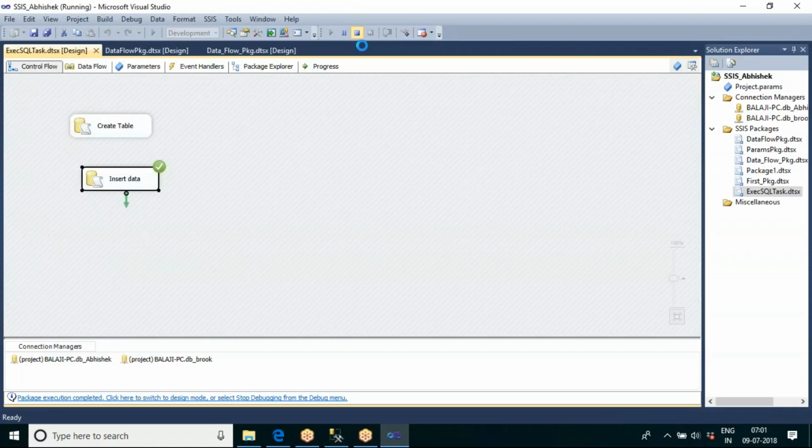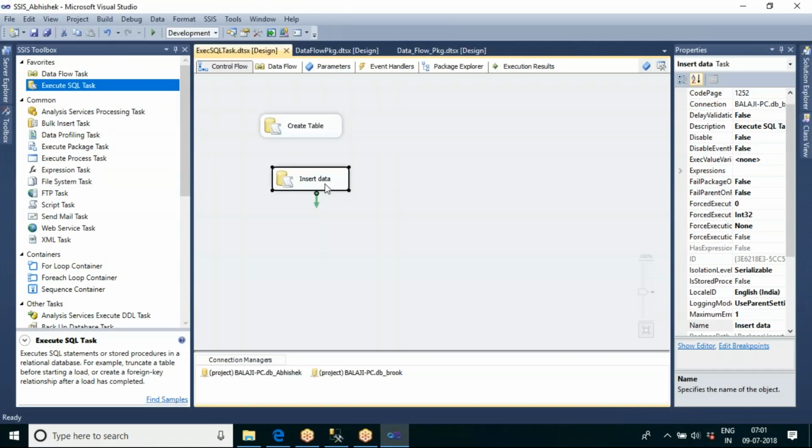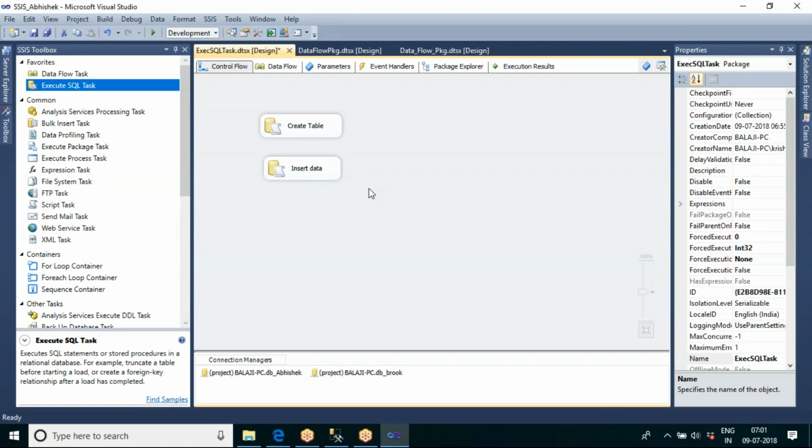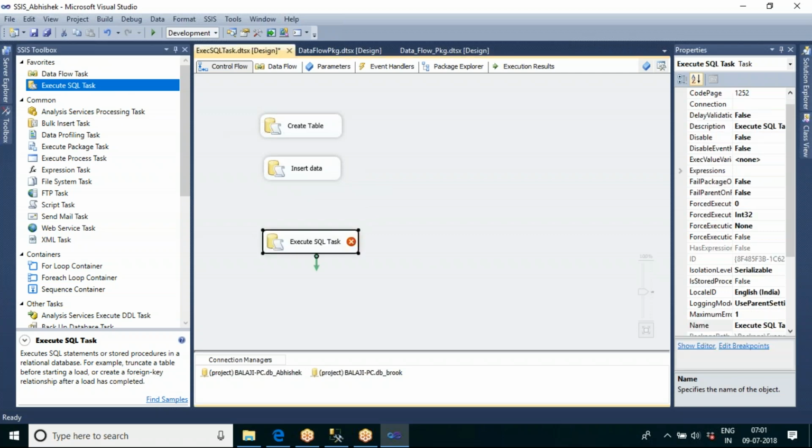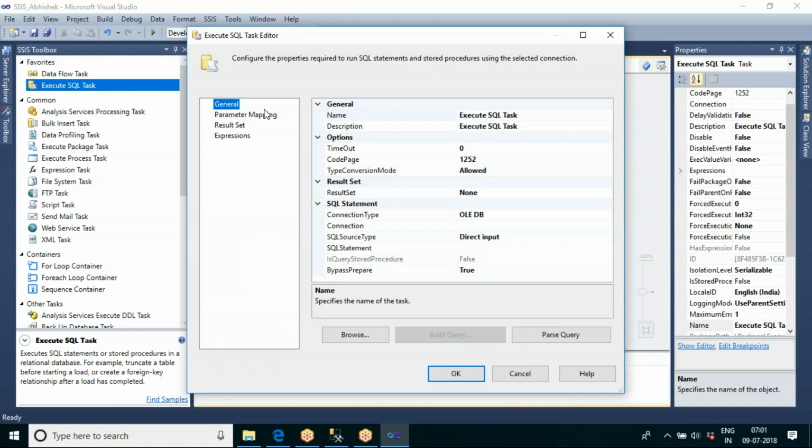Now I want to read the data. I want to write a select query here. Is that possible? Yes, that is also possible. So we are writing the create command, insert command, and now we want to read the table data. Just give some description.